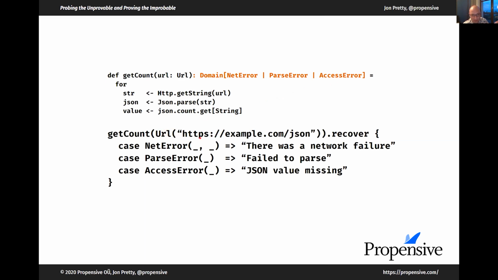And what we can do, therefore, is write a method to handle a get count method, pass it a URL, and we can recover from that, and the compiler will tell us if we have handled every possible error from that or if we failed. At the definition site, the type here will actually be inferred, so you don't need to write it, but generally in a library you would explicitly specify what the type is. I've got the type wrong. Maybe you noticed this should be project result. This is the domain, but it would project on the result.